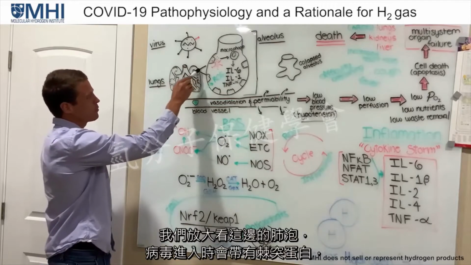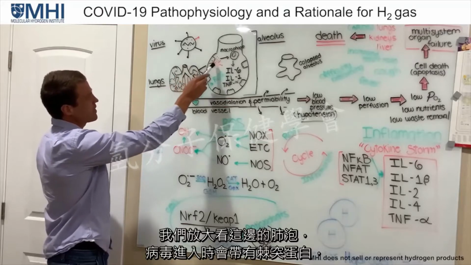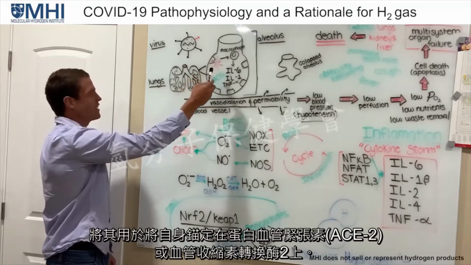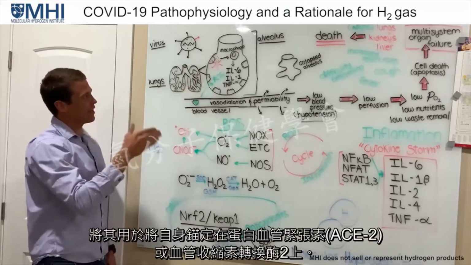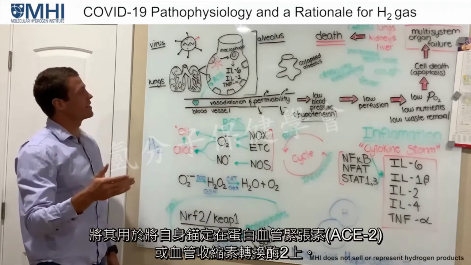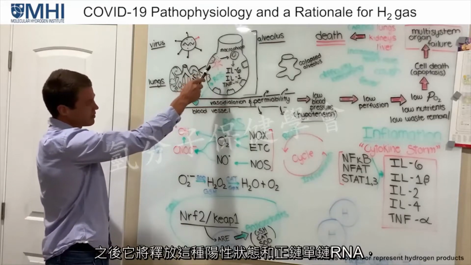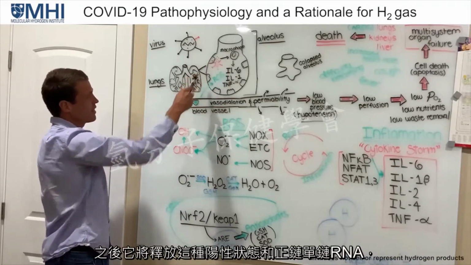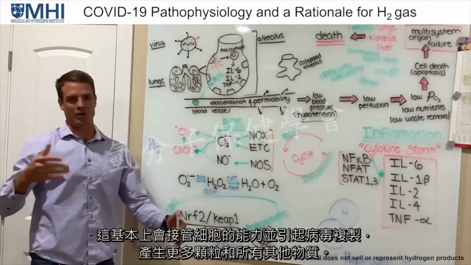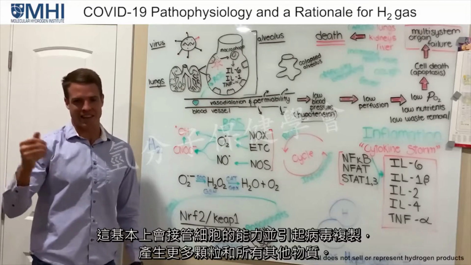So here we've zoomed in on an alveolus. The virus will come in, has a spike protein. It's going to use that to anchor itself onto the ACE2, or angiotensin converting enzyme type 2, and it's going to release its positive single-stranded RNA into the cell. That's going to basically take over the cell's ability and cause viral replication and make more